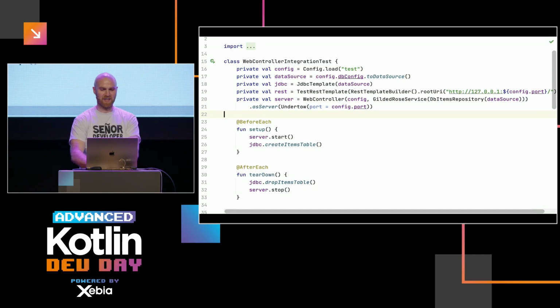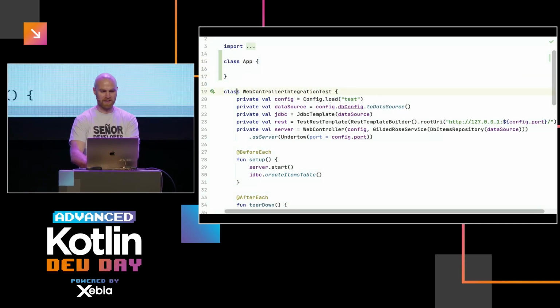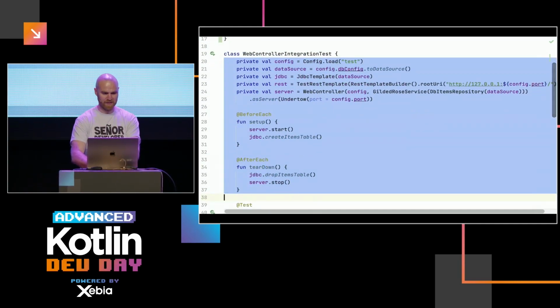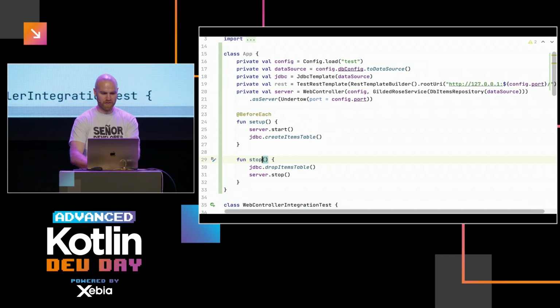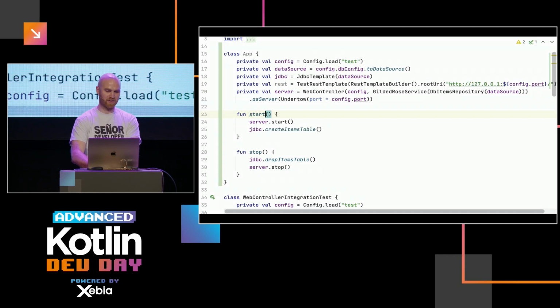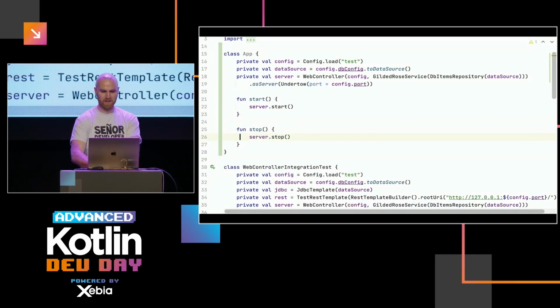So I'll commit this. The question then is like, this is fine, but we want to use the same code for production. And to do that, I'll do a bit of refactoring right here. So I'll create a class called app. Now basically, I'll move this whole setup into there. And we don't want it to be tear down. Maybe it should be stop, and this could be start. So basically, I'm just refactoring this code, right? And we don't need REST interface. I don't think we need JDBC here. And we want to move this as a parameter of environment of the app. And then, oh, I think this is enough.